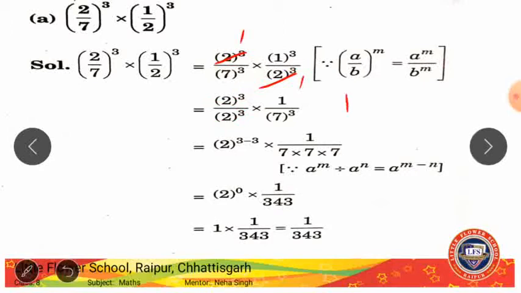So what am I left with? 1 into 1 cube is 1, 7 cube and into 1. This 2 cube is cancelled, right? So now, or this we can do, right? We can cancel 2 cubes. Since this is exponent chapter, first method what I told was we can cancel, but since this is exponent chapter, we will go with the properties, right?